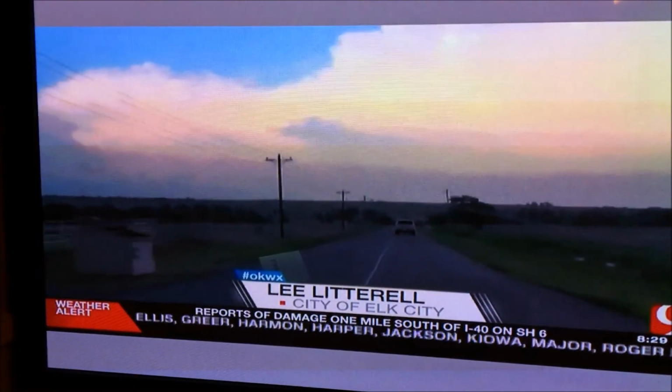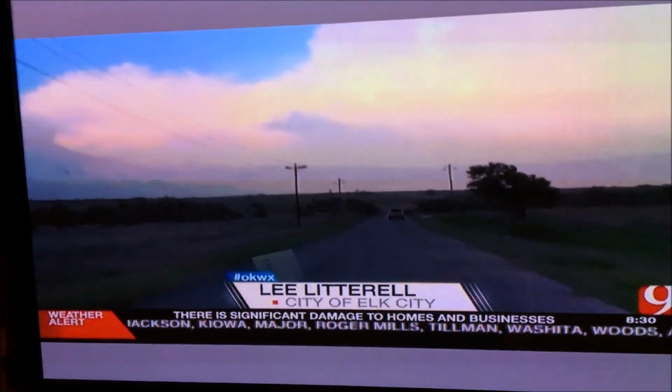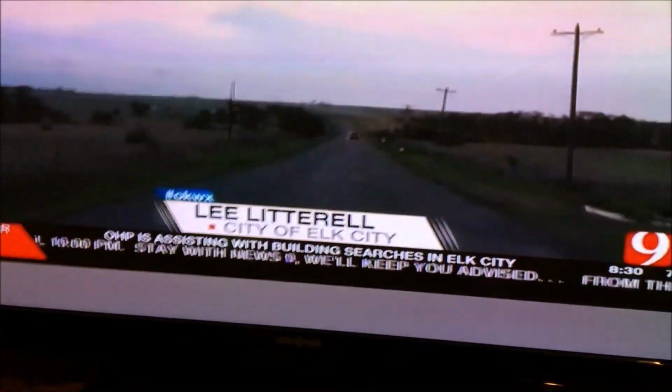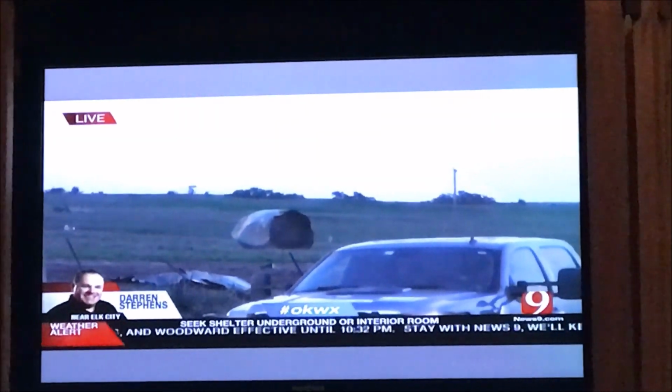Yes, absolutely. All these roads coming into this neighborhood are blocked off with our road barrels and with law enforcement keeping people out. We do have down power lines, and we do have some gas lines that have been leaking, and they're working on getting those plugged. We're seeing a lot of the tornado damage, and that's what we're really focusing on. But talk to us, have you seen any hail damage? Because we know...